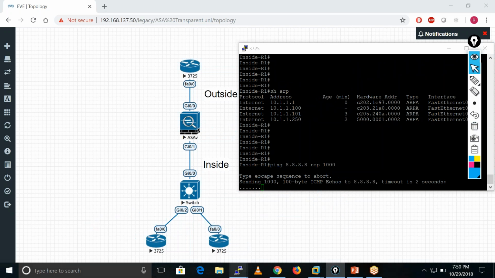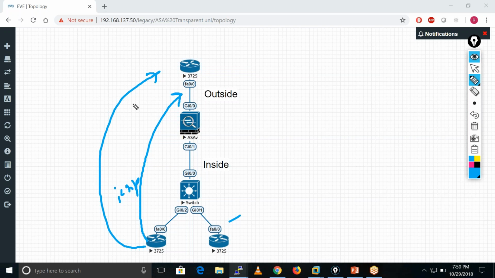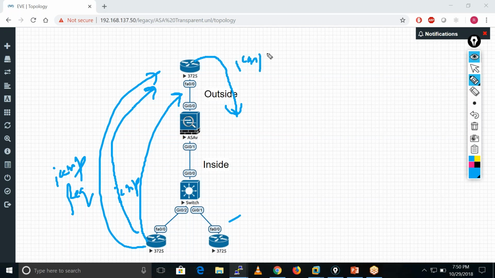So the thing is, when ICMP traffic goes from inside to outside, first it sends the ICMP request. This is an ICMP request packet. The ICMP request is allowed from inside to outside. But when the ICMP reply comes, that is basically denied on this interface.